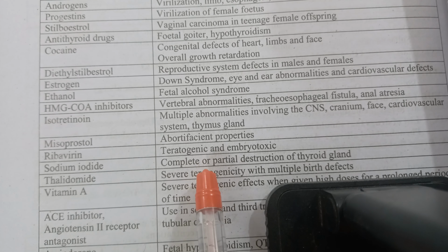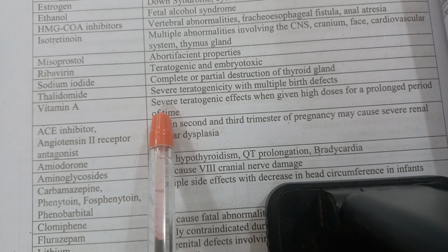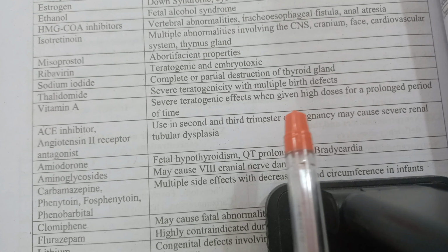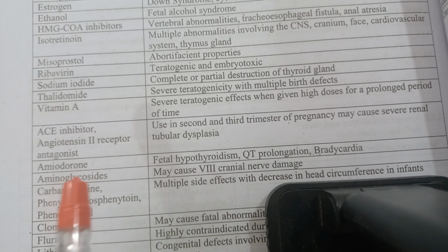Thalidomide: severe teratogenicity with multiple birth defects. Vitamin A: severe teratogenic effects when given in high doses for a prolonged period of time. ACE inhibitor,